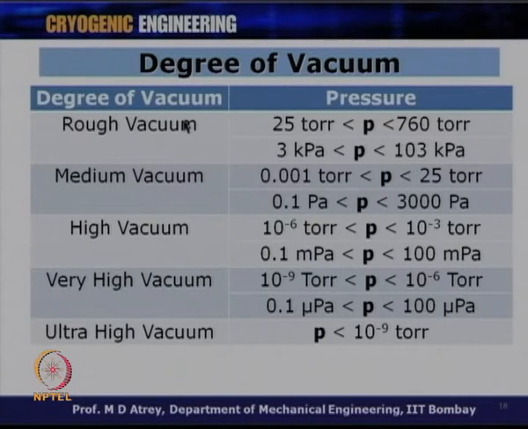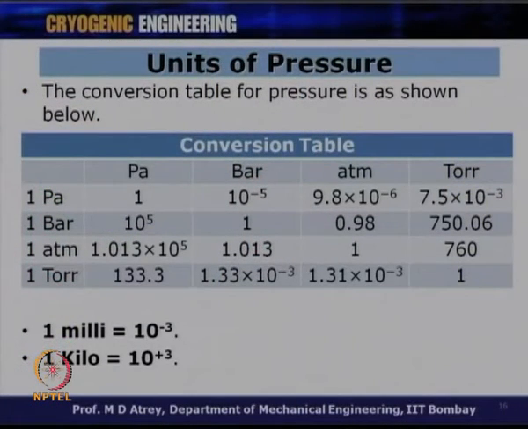So, you can understand that normally most of our operation happens between medium vacuum and high vacuum, at least in cryogenics, unless very high levels of vacuum are expected. Then very special applications would expect ultra high vacuum. In that case, what kind of material you use and what processes you use become very important, because you need a very high level of vacuum. So, slide number 16, correction: 1 torr is equal to 0.133 kilopascal.